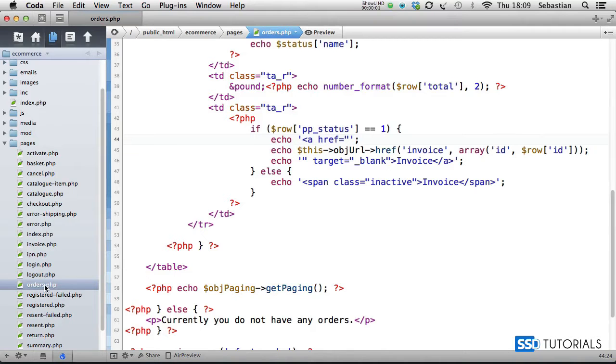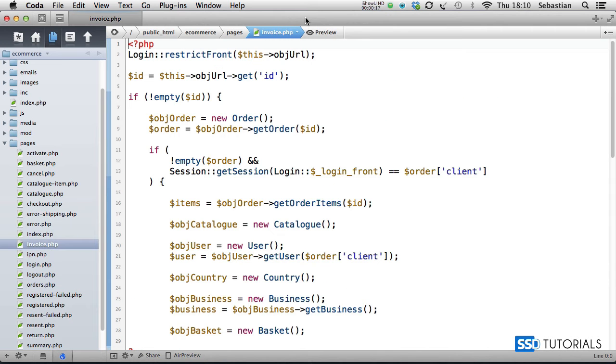We now open the orders.php file, which you'll find inside of the pages folder. The only thing which we need to change here is the link to the invoice file. Rather than having this raw ID, it's going to be raw token. Now, if we save and close the file, and open the invoice.php file, which you'll find